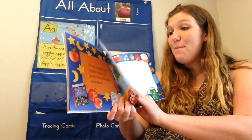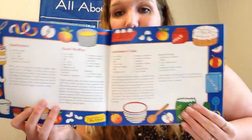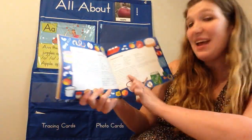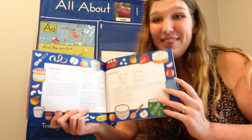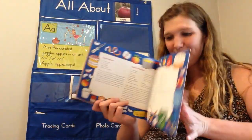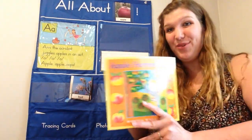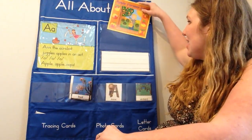And friends, at the back of the book, look, there are recipes for Annie's applesauce, apple muffins, and applesauce cake. That is amazing. Wow, I so enjoyed reading Apple Farmer Annie with you. Now let's see if we can remember